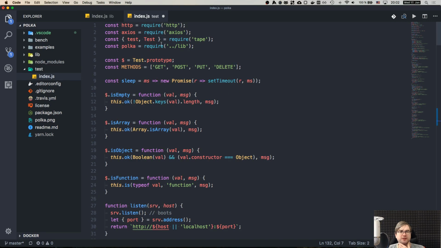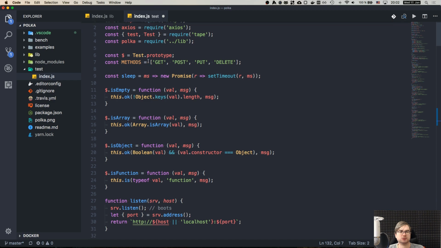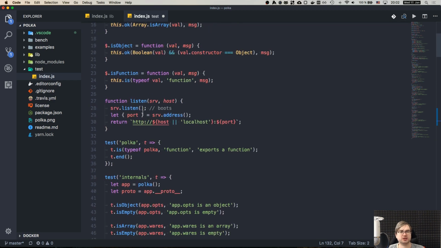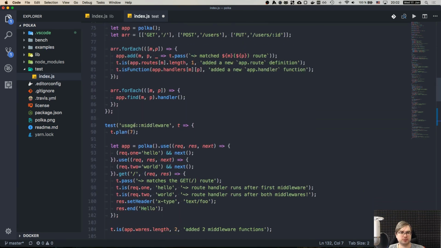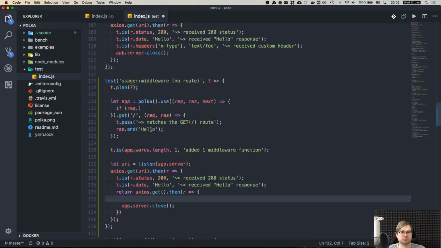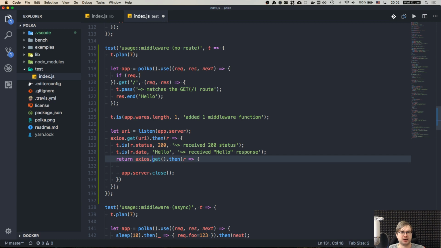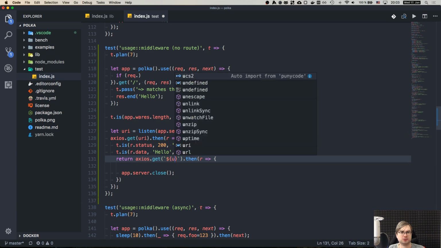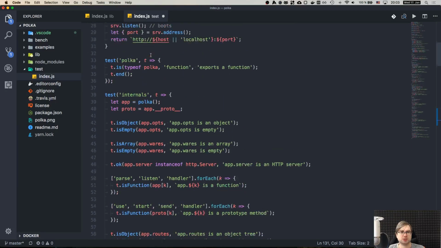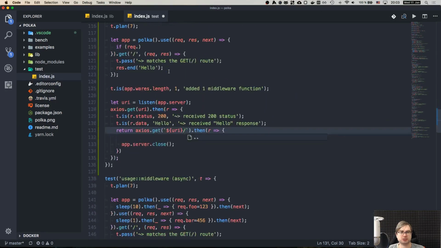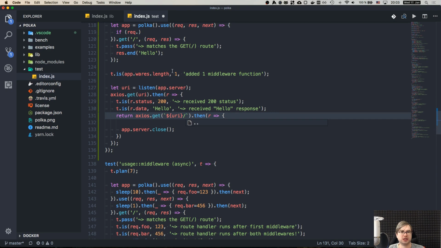Okay, what is this listen thing? Where does it come from? Ah, there it is. Listen, server listen. Oh, okay, so it returns the base URL. Okay, that's enough. We can use app get, that is going to be URI slash. Does it return trailing slash? Come on. No, it doesn't. Okay, so slash, and then we're going to say